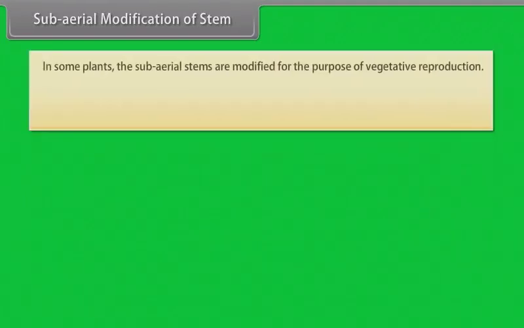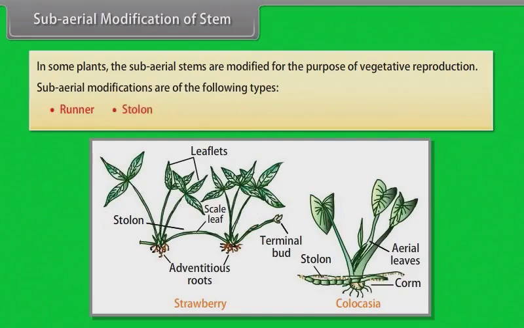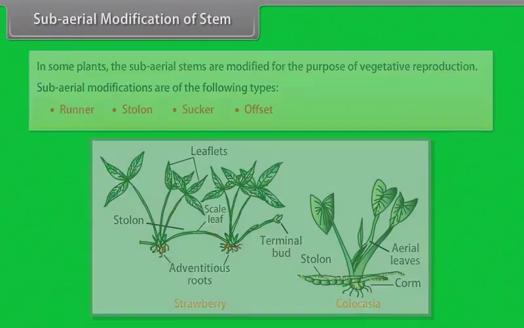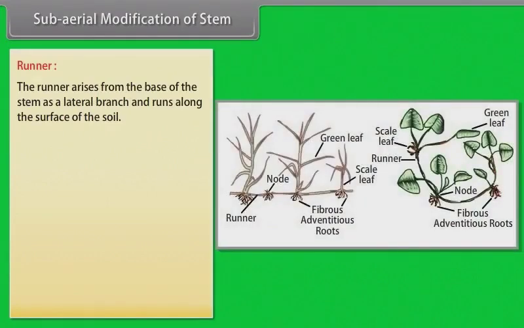Subaerial modification of stem. In some plants, the subaerial stems are modified for the purpose of vegetative reproduction. Subaerial modifications are of the following types: runner, stolon, sucker, and offset. Runner. The runner rises from the base of the stem as a lateral branch and runs along the surface of